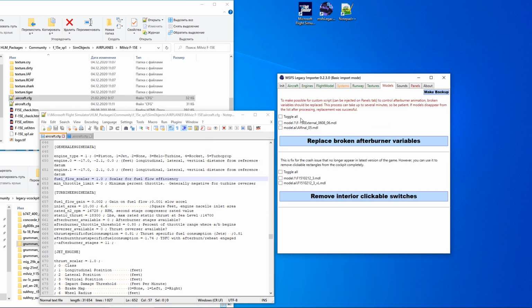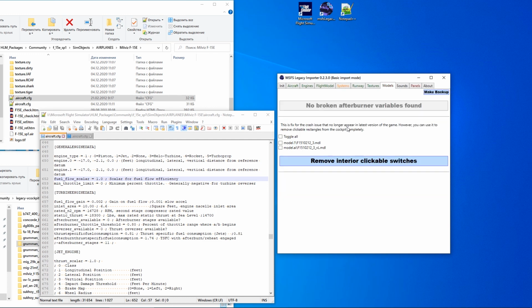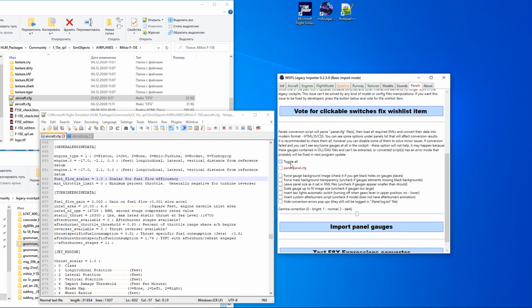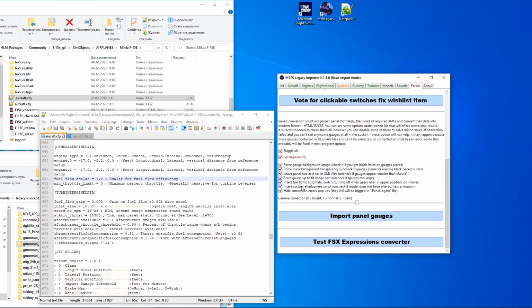Replace afterburner values in models. Select panel's options you need, including afterburner control script. Okay, after that you can load the game.